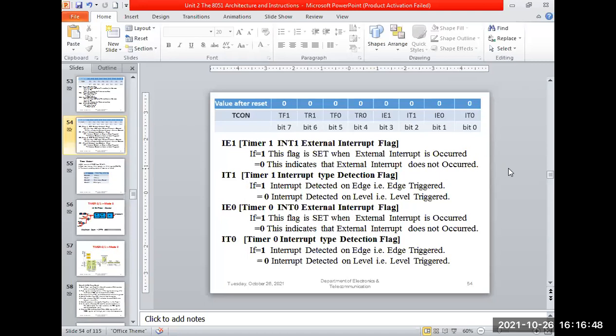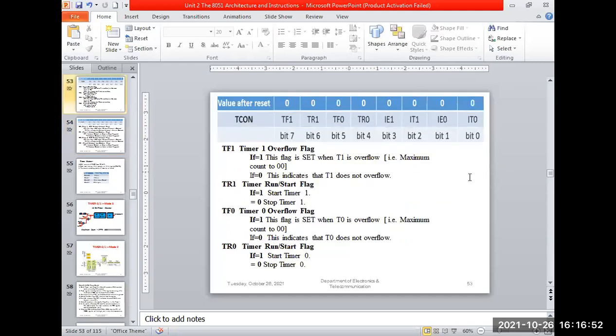Yes, sir. Okay. So we'll go for the upper 4 bits remaining. So what are the upper 4 bits? Timer 0, timer 1, and so on. So the upper 4 bits in total are for what? They are either for timer 0 and timer 1 to set the flag. So if we talk about the lower bit, timer 0.